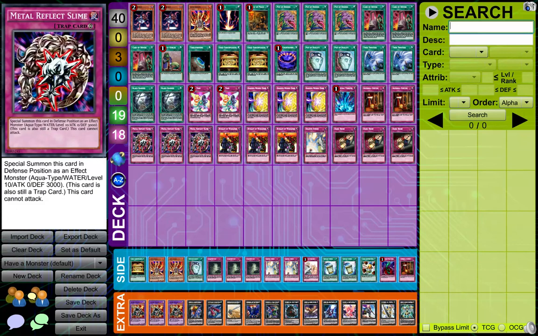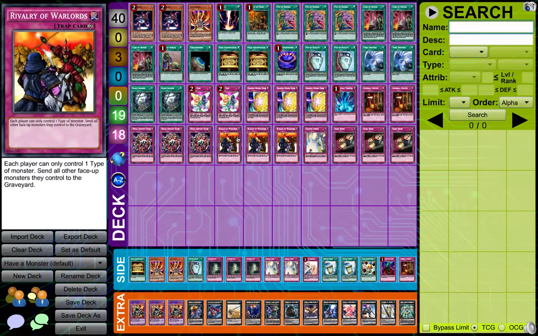It's just at the moment I'm running Metal Reflect Slime, 3 Rivalry. This is the latest card in a series of lockdowns that I've been running. Since Skill Drain, Tyrants and Kaiser Colosseum all have been hit or completely nerfed, there aren't many good lock cards. This is quite good, but it is very conditional, which is why...